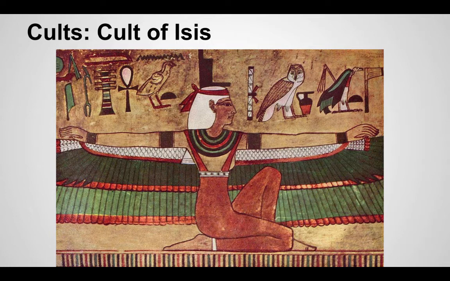And one of the most important cults that arises is the cult of Isis, who is the goddess of life, fertility and all these other things. And so the fact that her cult is one of the largest and also one that pops up all over the place. Cults of Isis are shown in Nubia, which we'll discuss in a second. Later on, the Romans pick up this cult of Isis again, which is seen as a very powerful force. And so, again, another window into how women are more respected in Egypt than in a lot of other